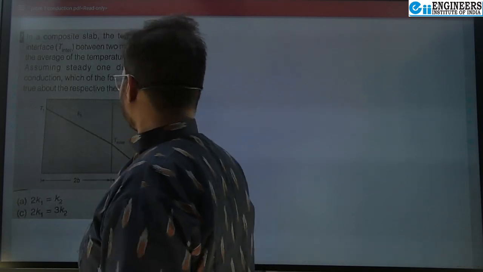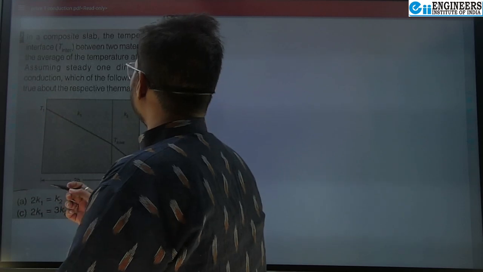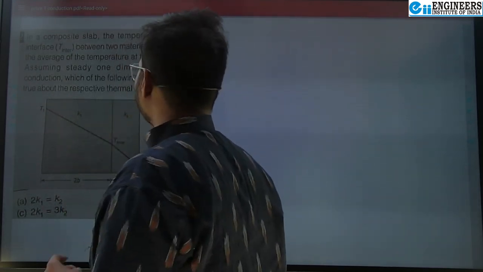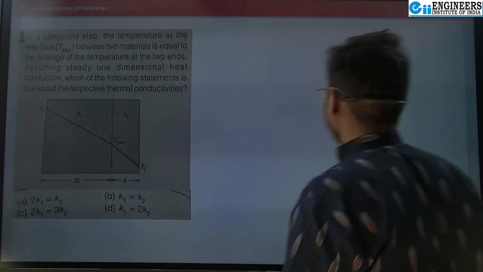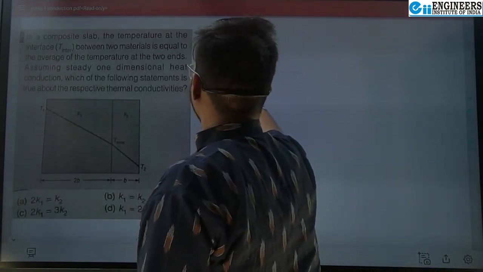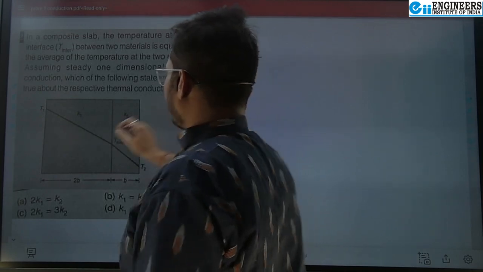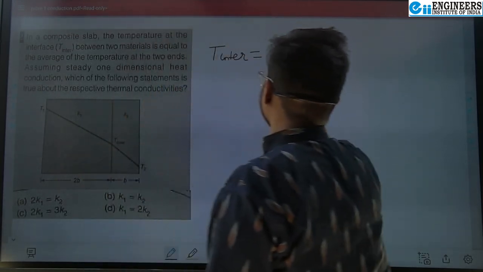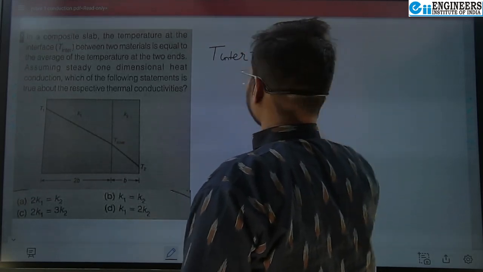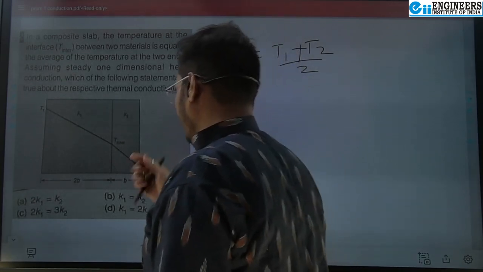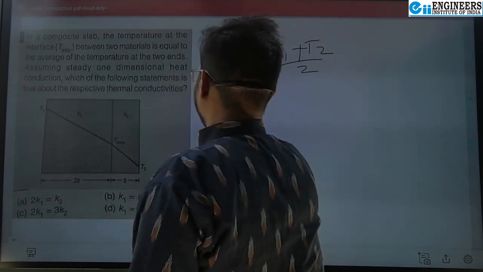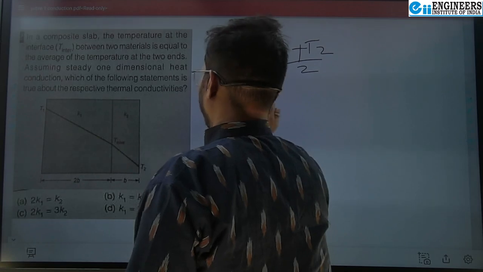at the interface, T inter, between two materials is equal to the average of the temperatures at the two ends. Assuming steady state one-dimensional heat conduction, which of the following statements is true? What does it state? Supposing here the temperature is T1 and the other is T2, T inter is equal to (T1 plus T2) by 2. Then it is asking which of the thermal conductivities is the same. That means the heat flux Q will be